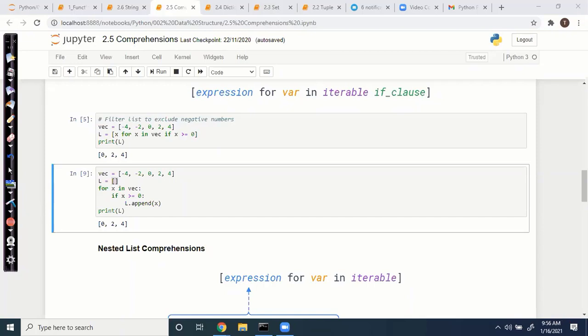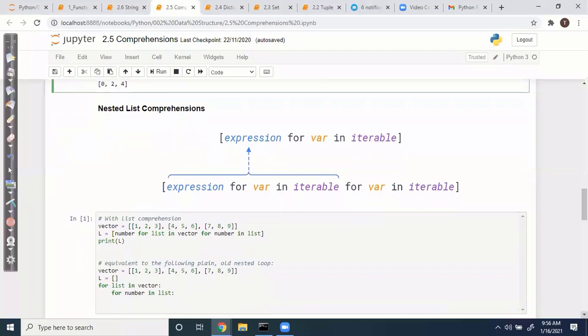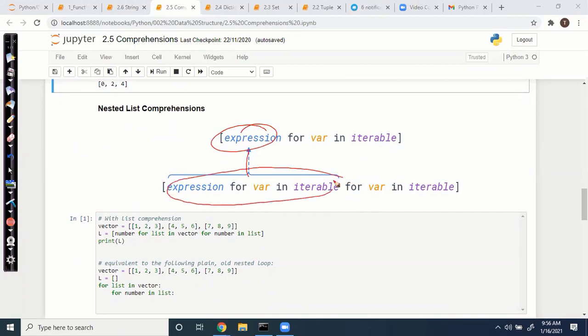Now nested list comprehension. How do we create a nested list? We have an expression, and the expression has one more comprehension. We are setting one more comprehension as the expression. That is called nested list comprehension. Everything is similar; instead of the expression, we use one more comprehension with its own for iteration. That is called nested comprehension.